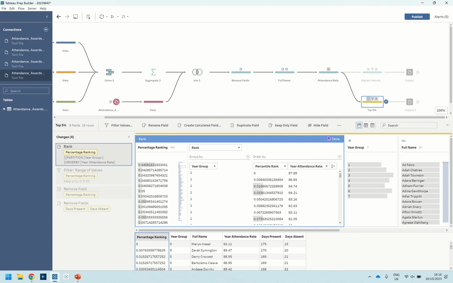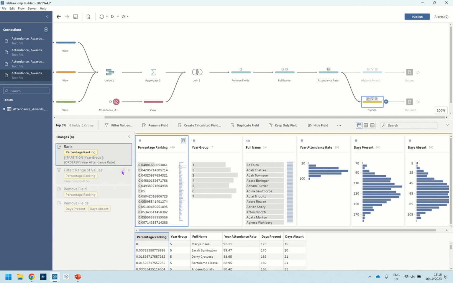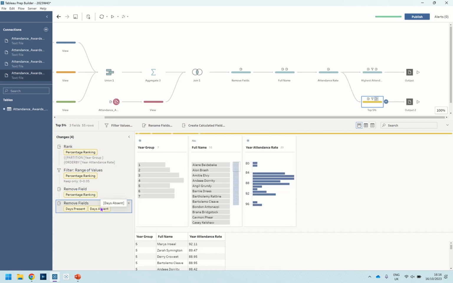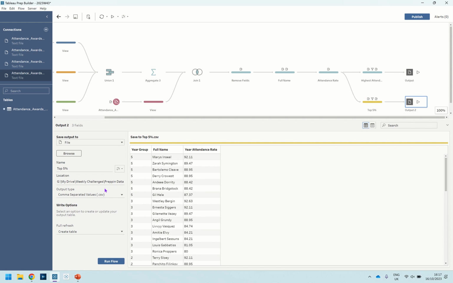So we have our percentage ranking here, and then we just need to filter that so that we have only students who have between 0 and 0.05, so in that top 5% of our percentage ranking there. And then we can remove all the unnecessary fields, and we just have these 55 rows for those students. And of course we've got our outputs there as well, just outputting these as CSVs as the trainer informed, and that's